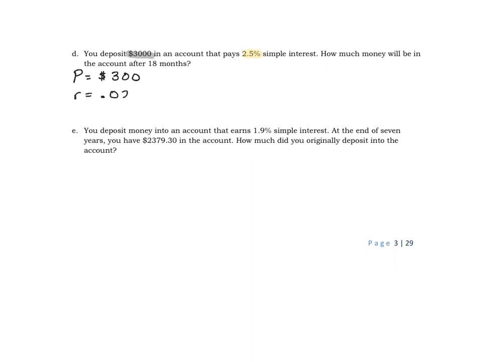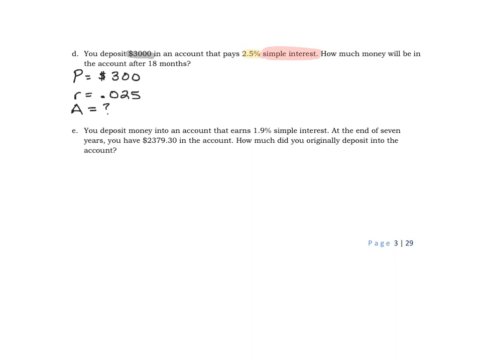Write that as a decimal. Simple interest, so it's very important for us to note that as well, okay? So we can make sure we're using the correct formula. How much money will be in the account after 18 months? When they're saying how much money will be in the account, that's the total value or future value, and